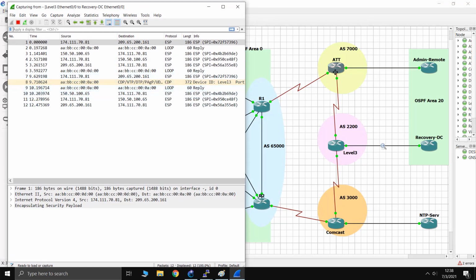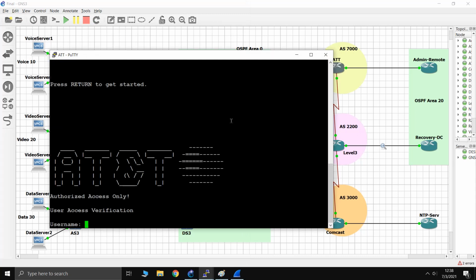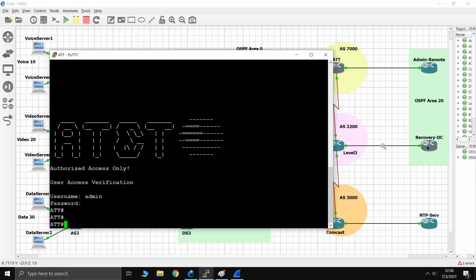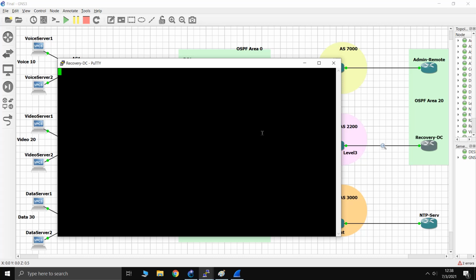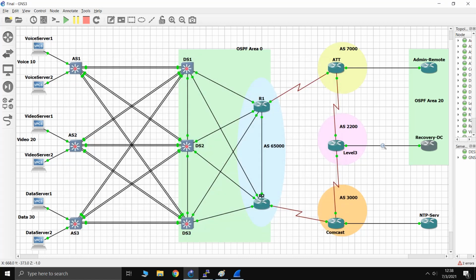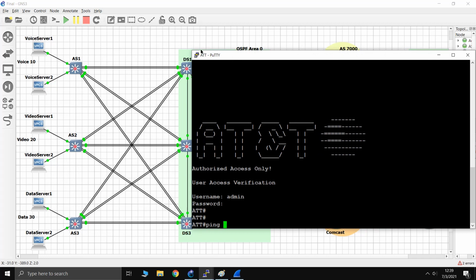There's a CDP. Whoops, didn't log into AT&T there. Let's ping recovery DC. And so let's ping the recovery DC across the open internet here, the non-trafficked internet from AT&T, to simulate what it would look like if somebody, and I'm going to put this over here,